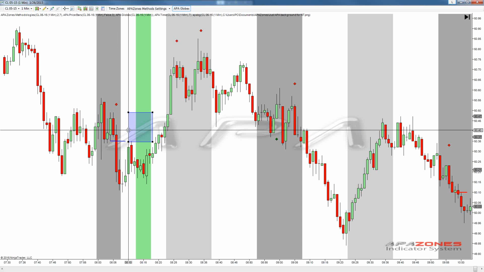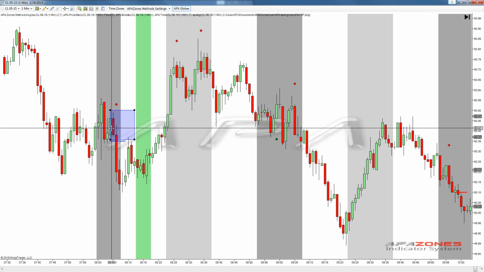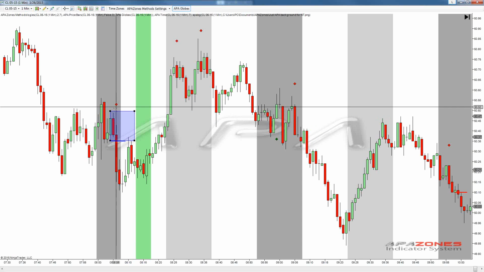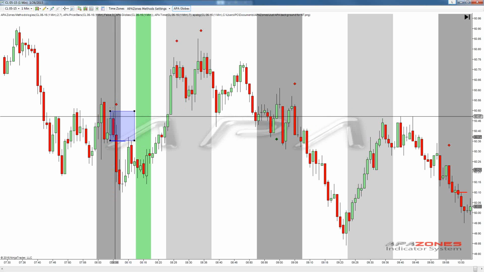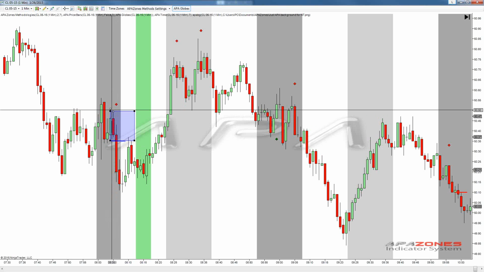All right, so now we're just looking for consolidation to happen in our direction. And that's really why this red dot happened. Okay, so we've had consolidation, now we're looking for expansion to happen. And that's really how this dot came to be. All right,